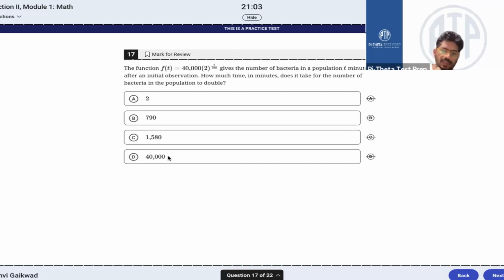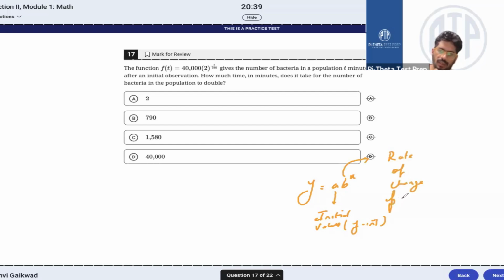Your exponential function is always in the format of y is equal to a b raised to x, right? So a is nothing but, we can say, your initial value, or in some cases we can call it the y-intercept also. Okay, what is the b? B is always your rate of change,